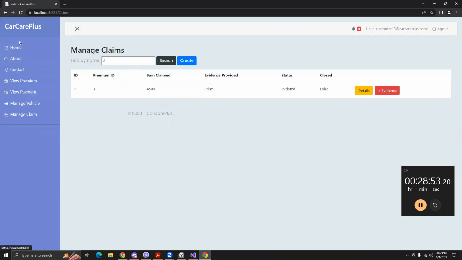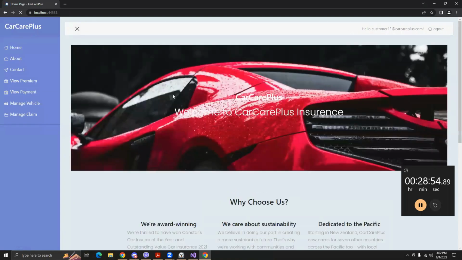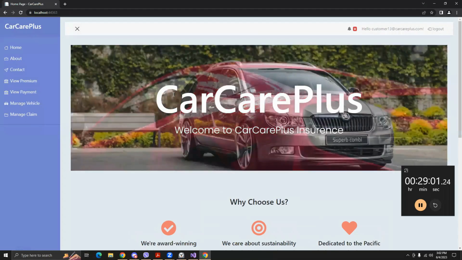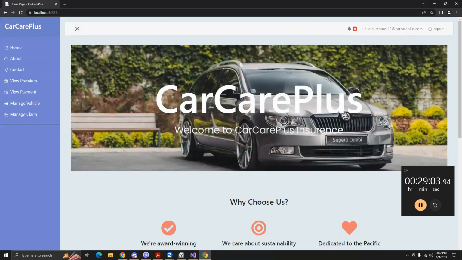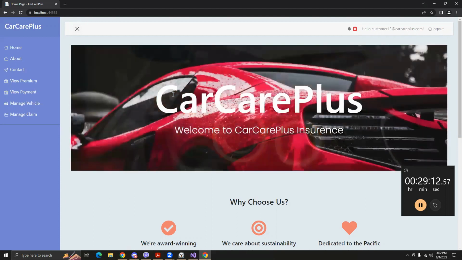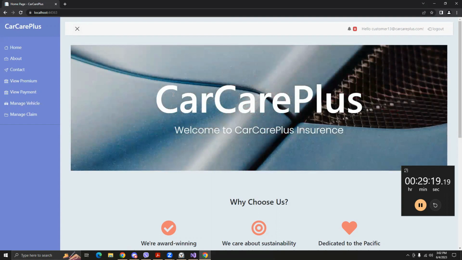So I believe that is all for the customer side as well. And this basically shows the overall integration of all the small units, small components that are working together as a whole system, and provides an overview of the whole system and how everything combines together, and how different users are able to log in using their own logins separately, carry on their own tasks, and have access restrictions as well, which